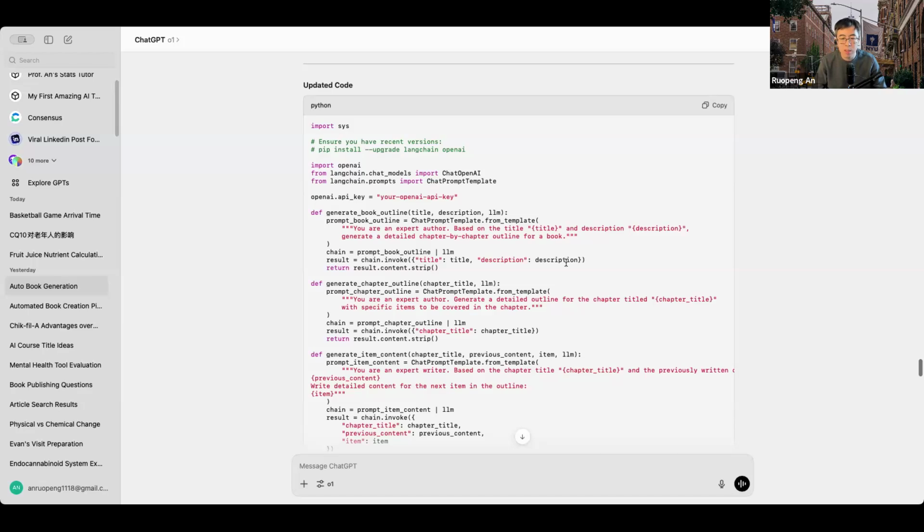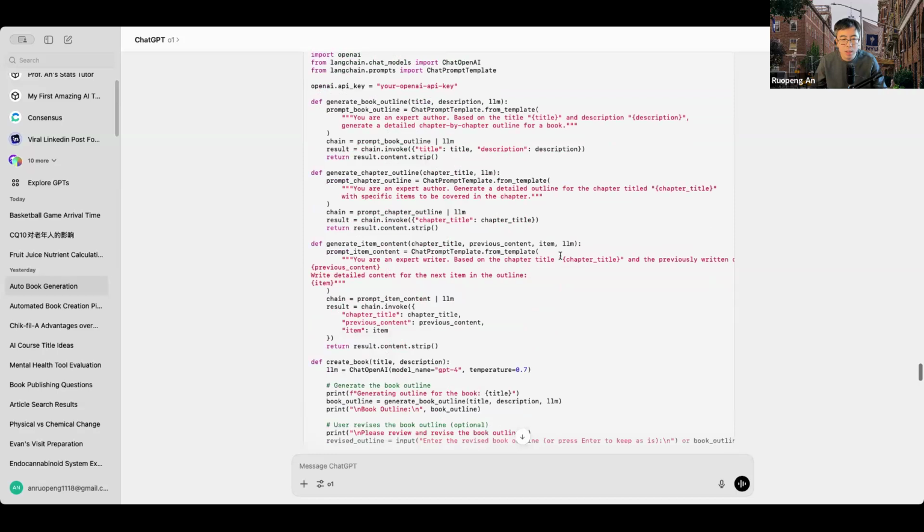Although it's not perfect, the code still needs some development, but it is still amazing to see this is actually the second attempt, and it works for this relatively complex programming question. Although I think you have to know a bit about the LangChain framework yourself. Otherwise, if you don't know where the error comes from, it is unlikely for the second try to succeed. Okay, so that is what we learned.